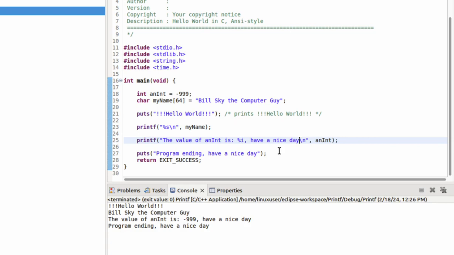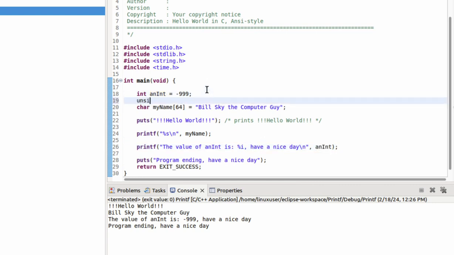So what printf is doing is it's looking for this % sign. It's looking for that % sign to say, hey, they're going to be formatting some data, and then I'm going to take the data that's in that variable and put it in there. What if we've got two integers, though? I'm going to create an unsigned int, and I'm going to make this equal to, I don't know, 987. Doesn't matter what the value is. What if I want to have another variable? Well, I'm going to say here,